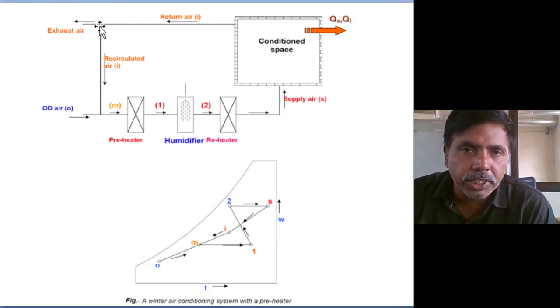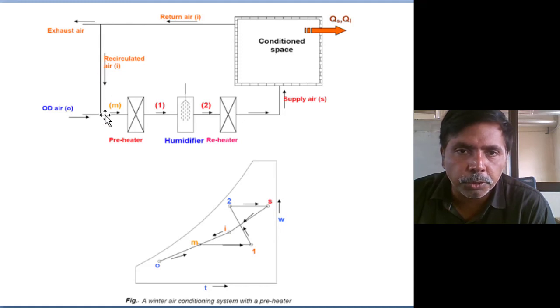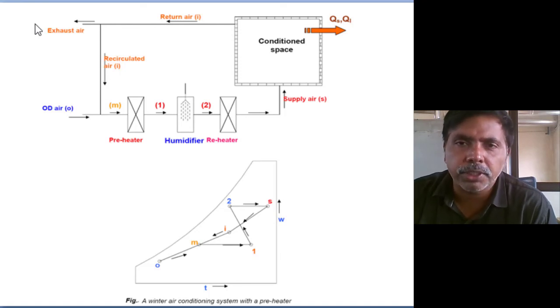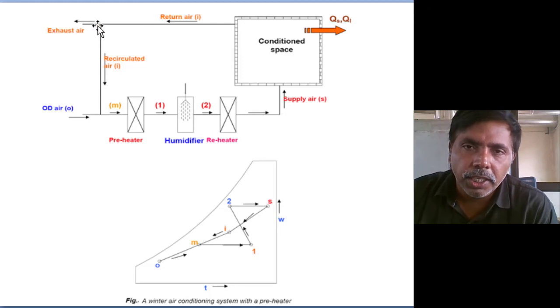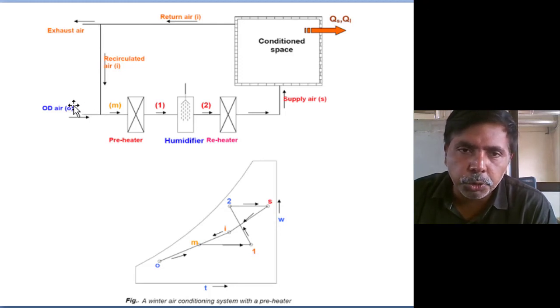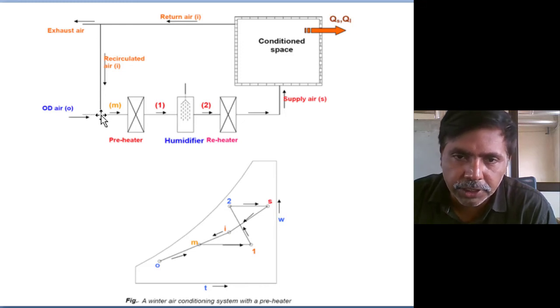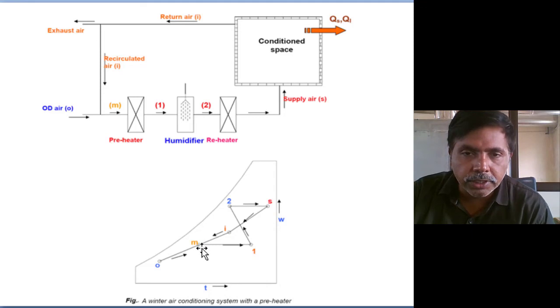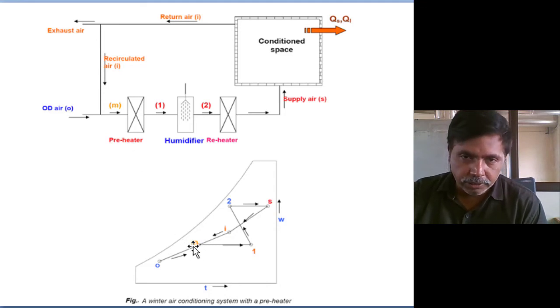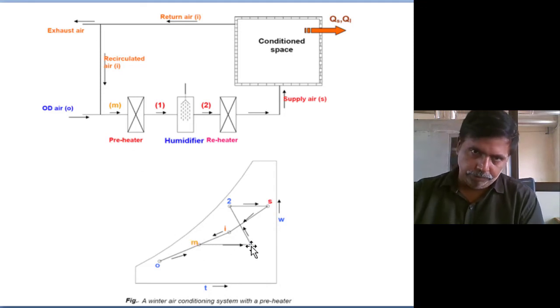Same thing with the fresh charge: we are substituting, and we do not send the total return air through the cyclic operation. Some fresh charge always comes, and some air is exhausted, 10% or 20% according to the human load. But some exchange will take place. Then the remaining is substituted by makeup fresh air. The total charge first goes to sensible heating. You see, this is the entrance. First we are doing sensible heating.